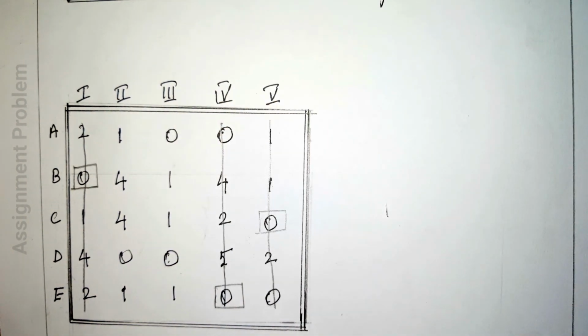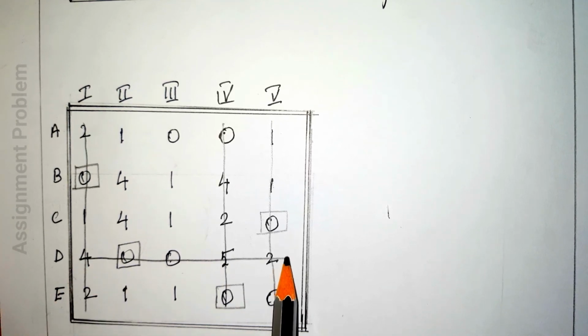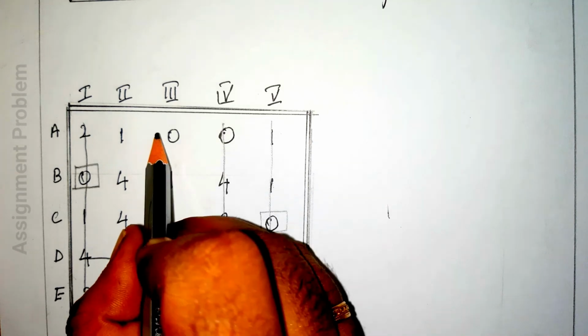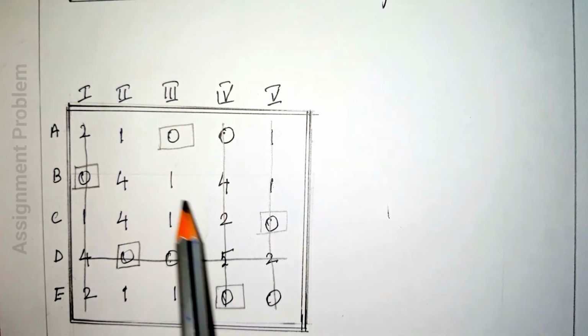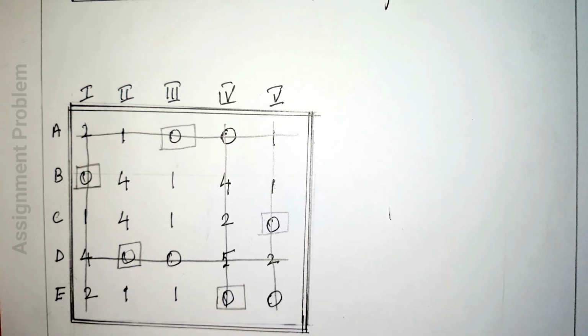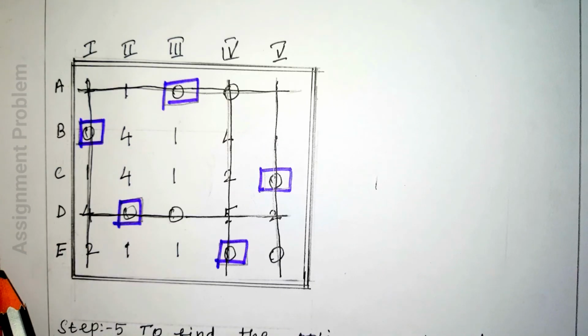After completing the row scanning, you have to check whether all the zeros are covered or not. Here some zeros are not covered, so we have to perform column scanning. For column scanning, the first column is already cancelled. The second column you have only 1 zero, so put a square on it and then you have to draw a horizontal line passing through that 0. In the third column you have 1 zero, so put a square on it and then you have to draw a horizontal line passing through that 0. After performing row scanning and column scanning, you have to check whether all the zeros are covered with lines or not. Here all the zeros are covered with lines.